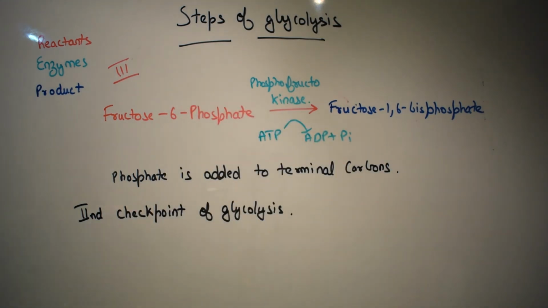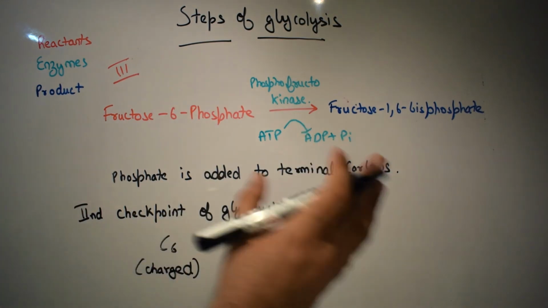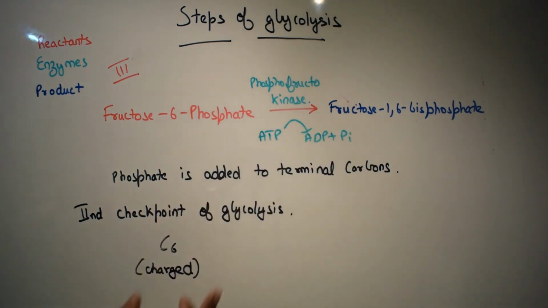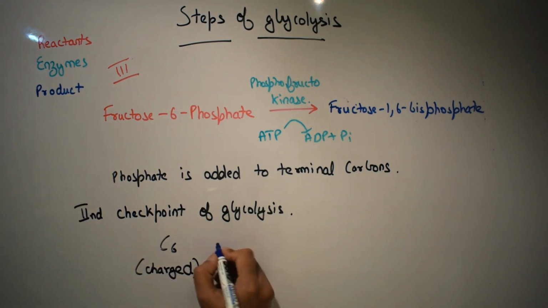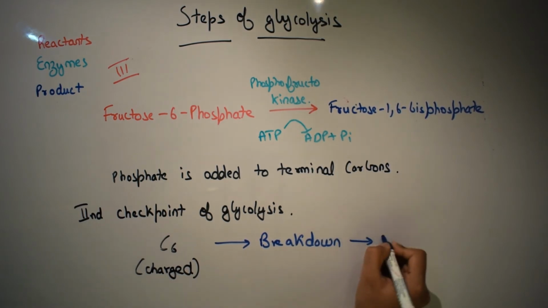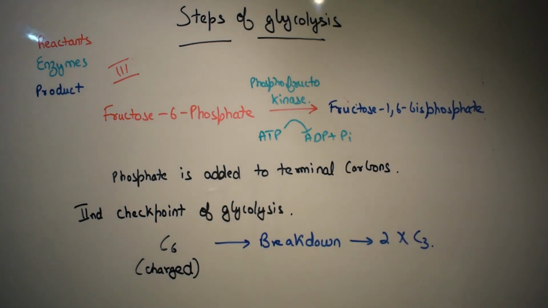So in the next step of glycolysis, the 6-carbon sugar, which is charged up by 2 phosphates, has to break down into 2 3-carbon sugars. So both sugars require their respective phosphate groups. That's why this has terminal phosphate groups charged. So the C6 fructose that is charged with phosphates is breaking down in the next step. So it is making the sugar ready. So in the next step, breakdown happens